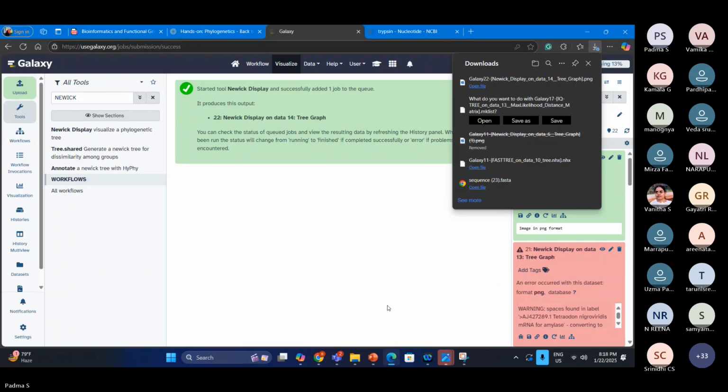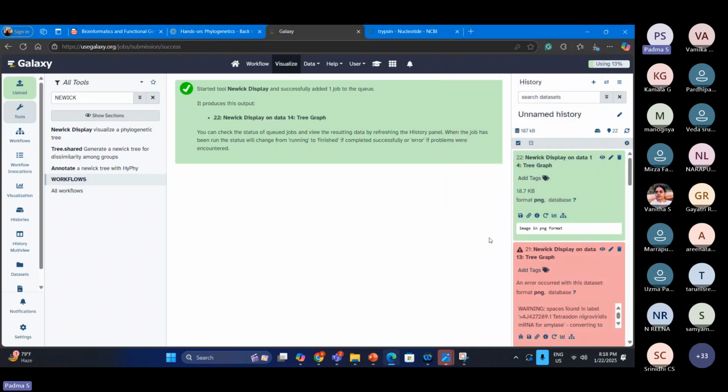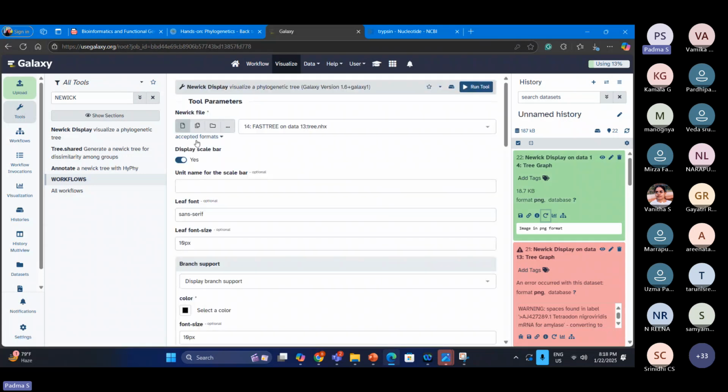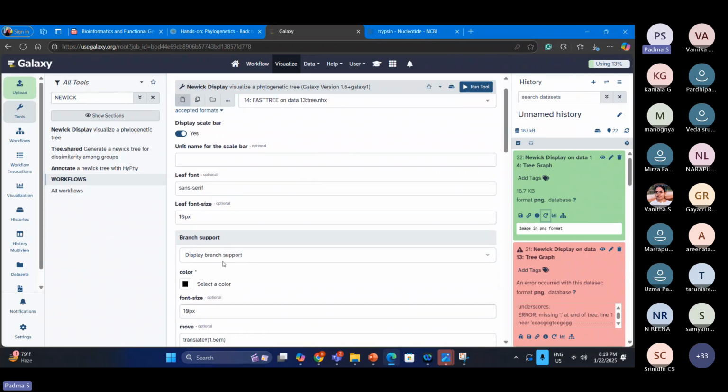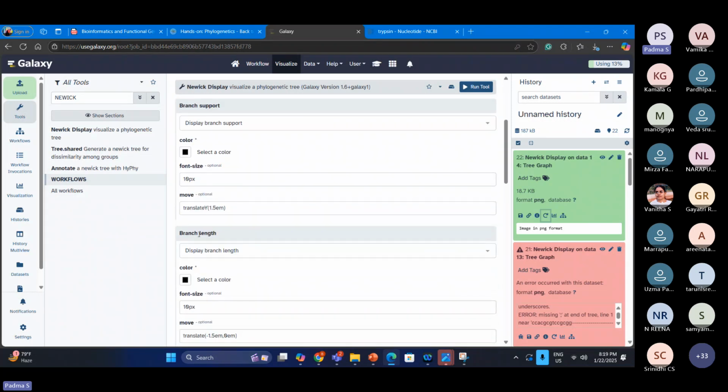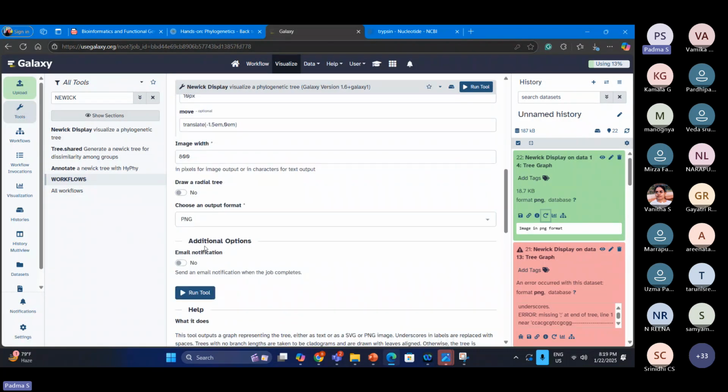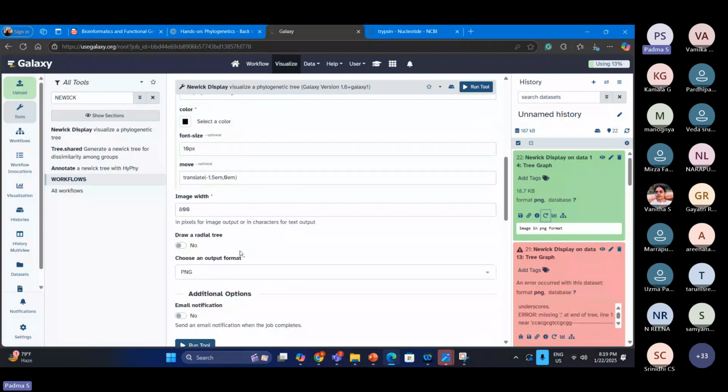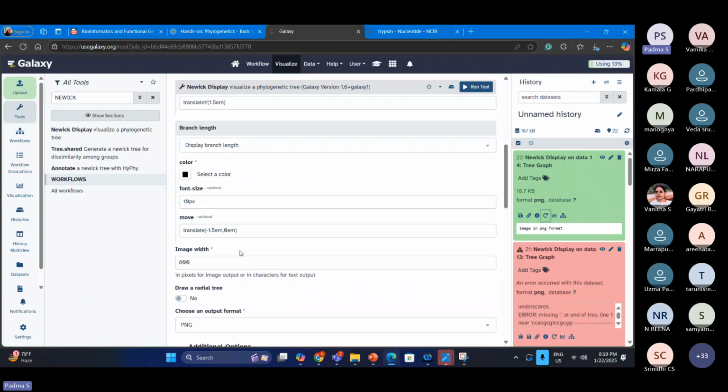So here Newick display means you need to select your tree alignment. Earlier I selected the MAFFT alignment, so it did not give me this. You have to select the FastTree output as the input file for the Newick display, and select the branch support and also the branch length. If you don't select this, and select the type of output which you want, whether you want a PNG format or a